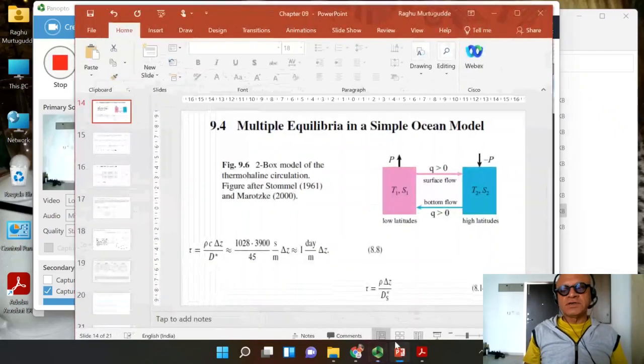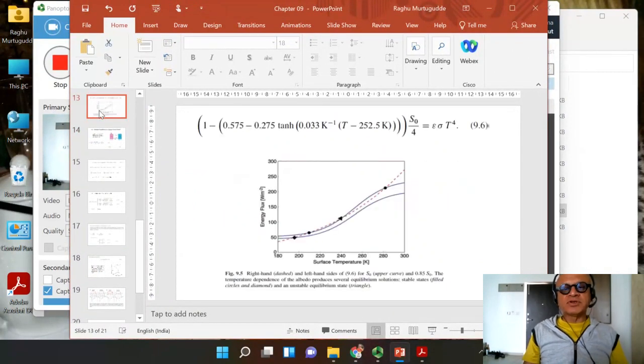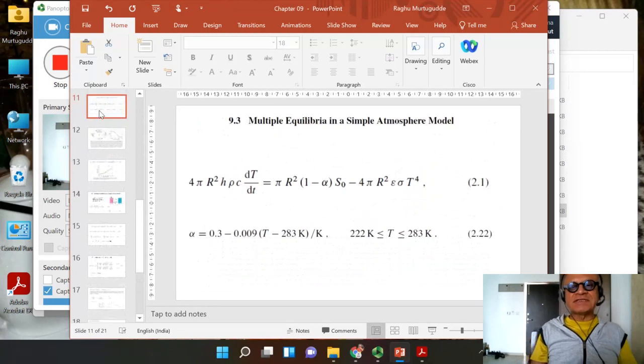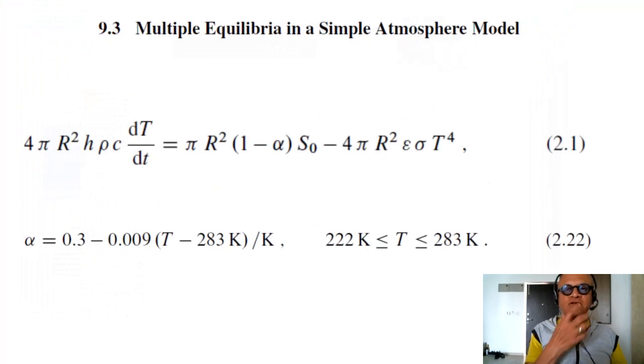This is just a brief introduction to the possibilities of multiple states in simple atmosphere and ocean models. So the first one is multiple equilibria in a simple atmospheric model, where we go back to our energy